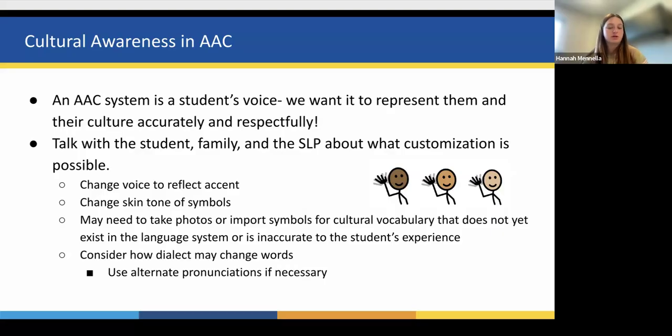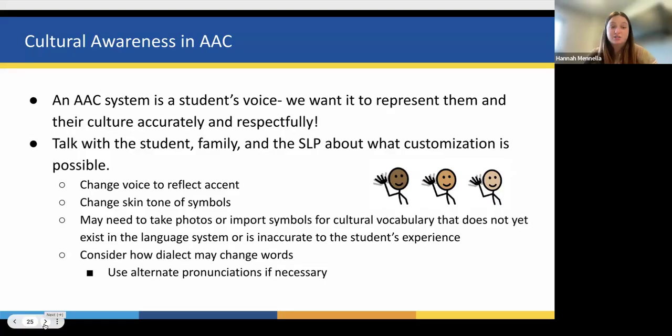And then most systems also have an alternate pronunciation feature. This is really helpful for names. A computer synthesized voice loves to say a name kind of crazy. So in the alternate pronunciation settings, we can type in a phonetic spelling of the name and get it to sound like what it really sounds like. Because you want to be pronouncing your family members' and friends' names correctly. And if you have a wacky computer synthesized voice that says something crazy, it's going to be maybe socially difficult. So these are all customizations that you can do.